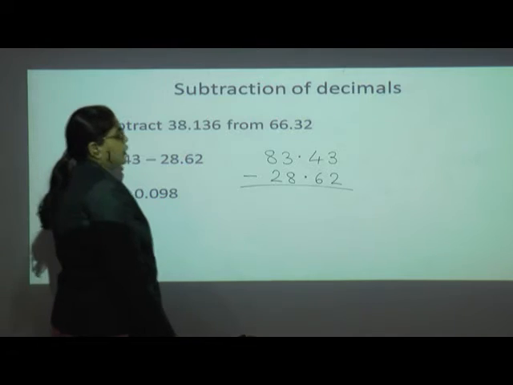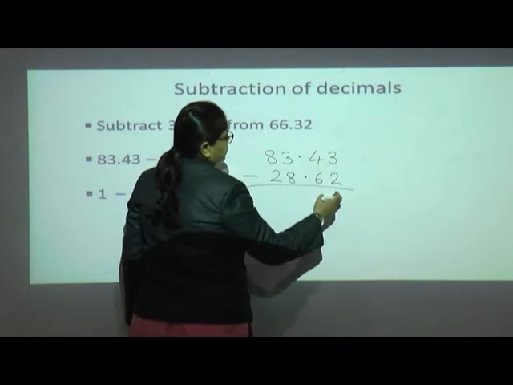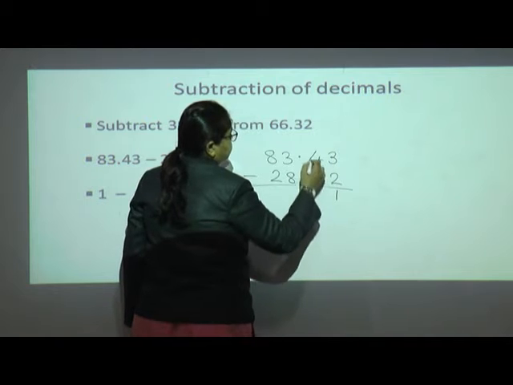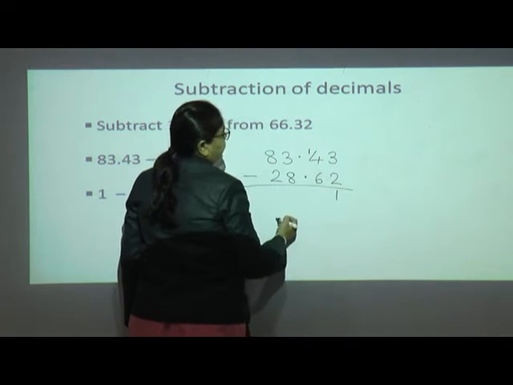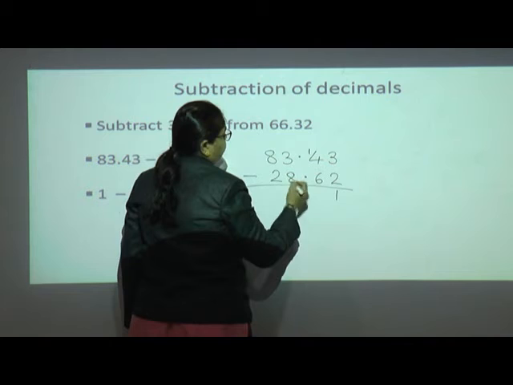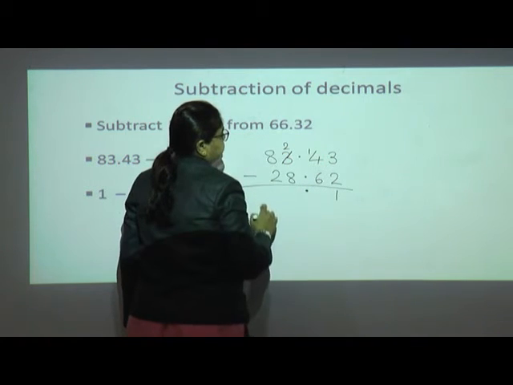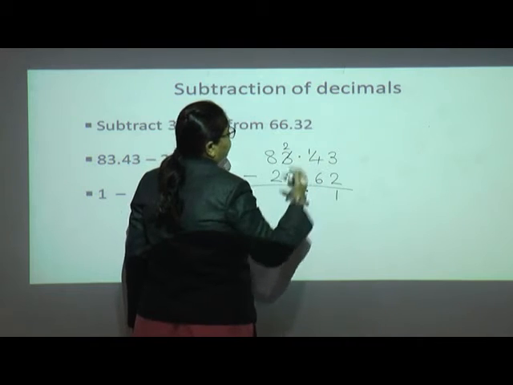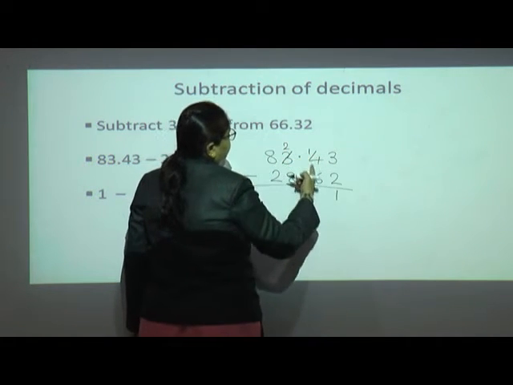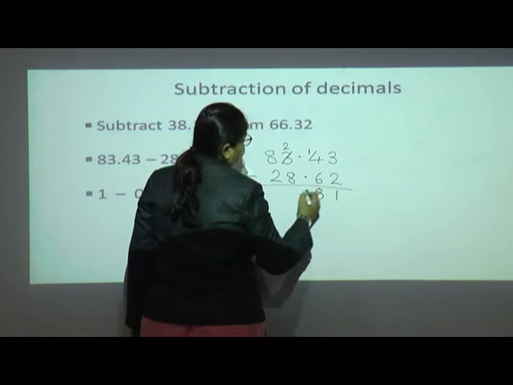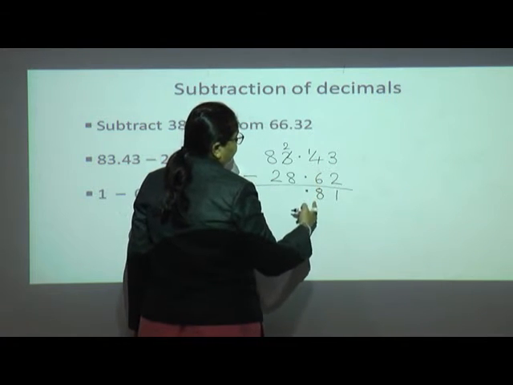So what we have to do is subtract. If it is possible, we will do it here. 3 minus 2 is always 1. 4 minus 6 is not possible, so we will take 10 from our friend, writing the decimal as it is. So your friend will get 1 less. Yes, so we are borrowing from our friend here, so it will be 14. Now what will be here? 8, 12 and this 14.